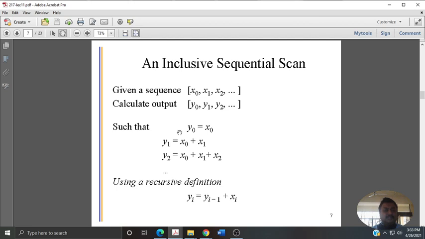In parallel computation, what you want to do to accomplish this, the straightforward approach, is called in-place computation. The output sequence, say 16 elements or 8 elements, whatever you consider, you compute for each particular output element. Whenever I say y0, x0 is passed as it is, y1 is x0 plus x1, y2 is x0 plus x1 plus x2, and these are run repeatedly.